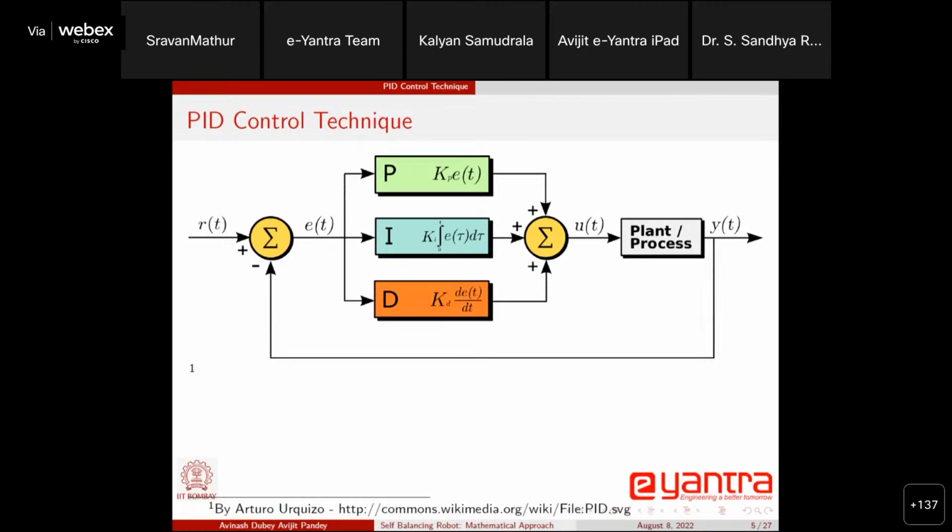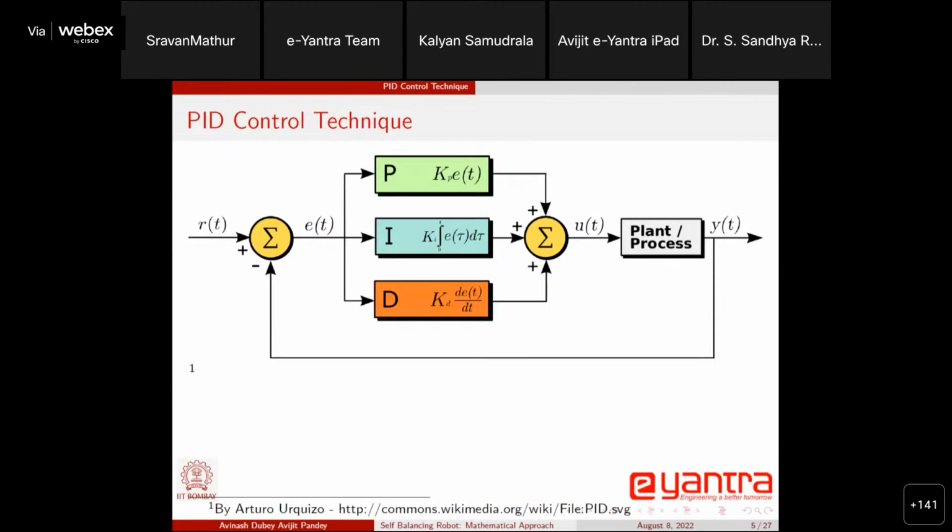If you notice, you don't need the information of the transfer function of the plant itself. What you need is a measurement of your output and the reference input which you want to track, and then you calculate the error and design your controller accordingly. So you don't need much information about the plant or system here. This is the advantage you get in the PID control technique. But the problem with the PID control technique is that given the performance specification for your system,